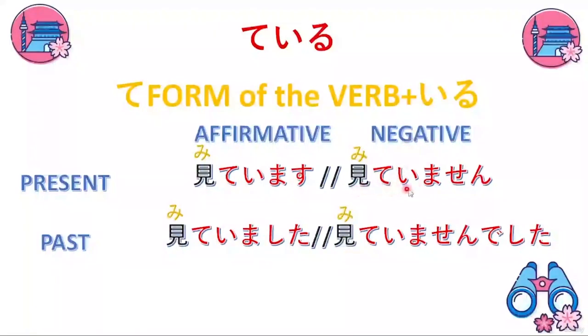Negative would be 見ていません and past negative would be 見ていませんでした. So please remember these endings. They will be very useful for making sentences and conjugating. Okay? So 見ています、見ていました、見ていません、見ていませんでした。